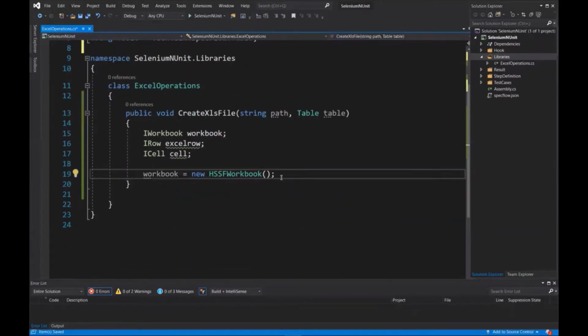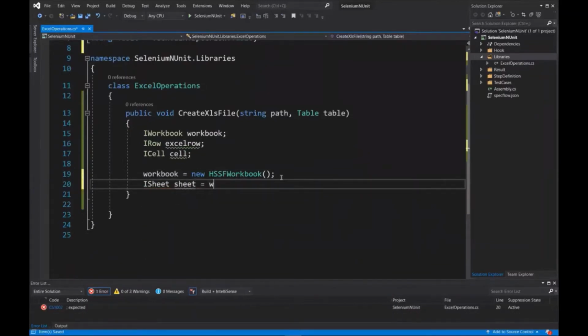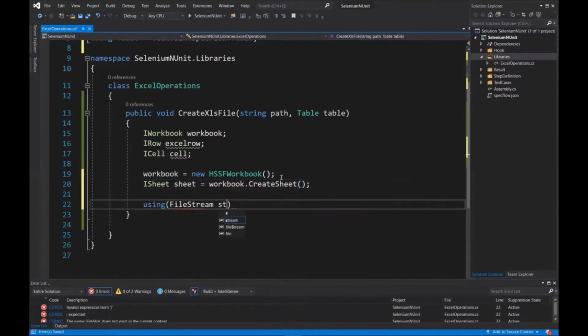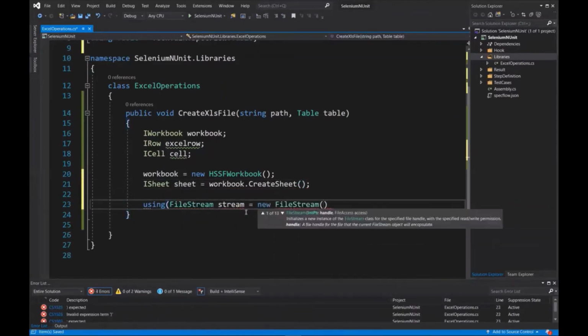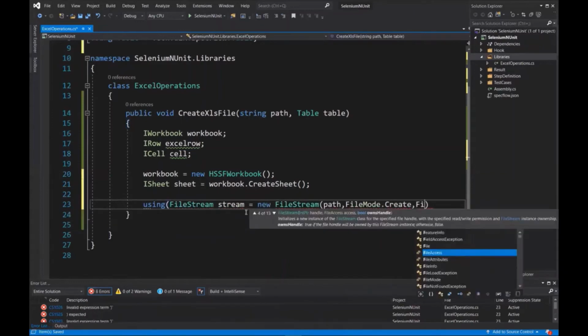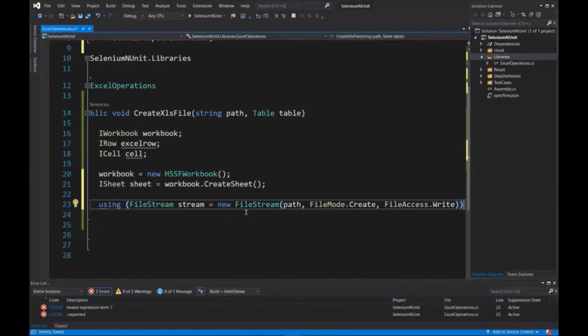Now let's create the object of ISheet and initialize it by using workbook.CreateSheet. Then create the FileStream object and provide the file path, FileMode.Create, and file access permission. As you can see, I have created the FileStream object with a using statement.